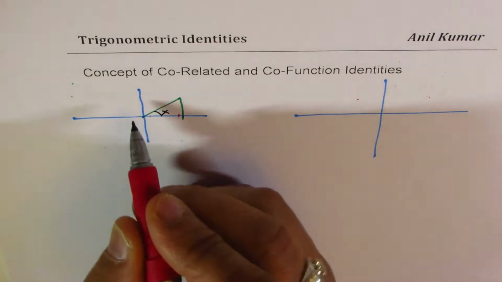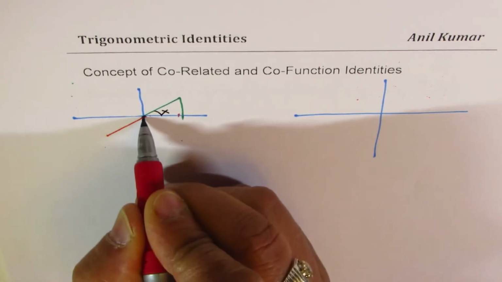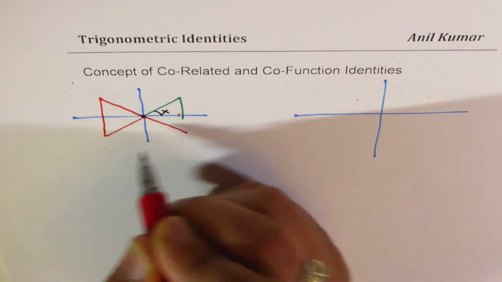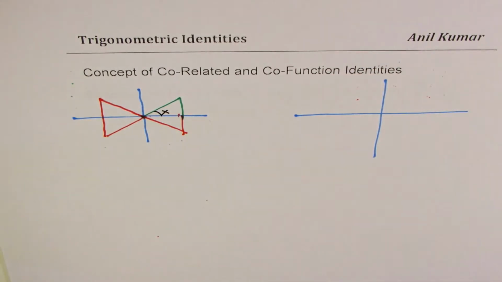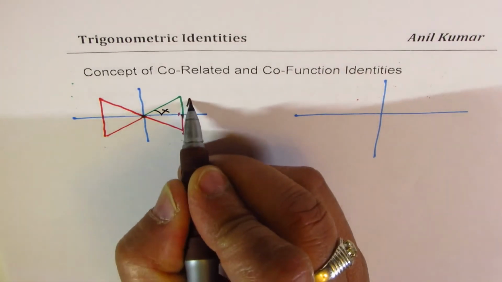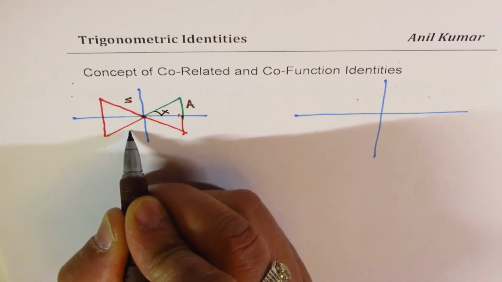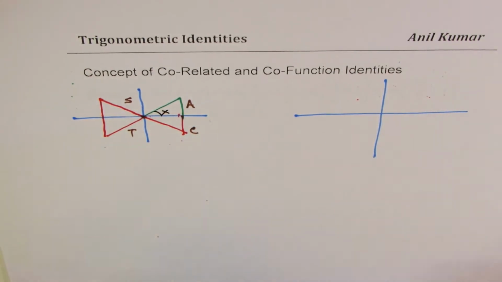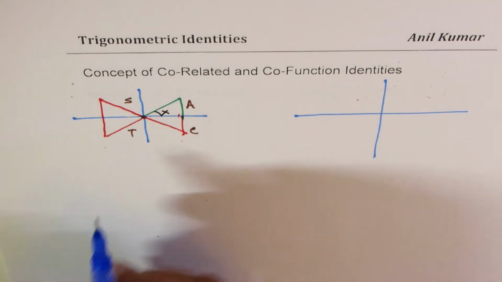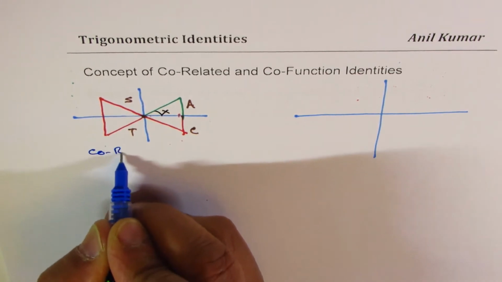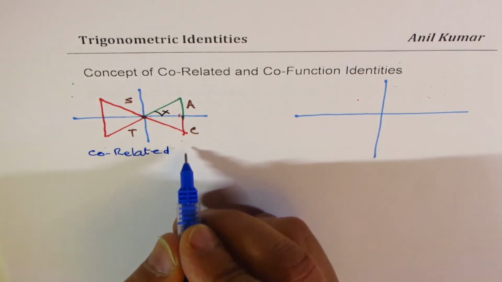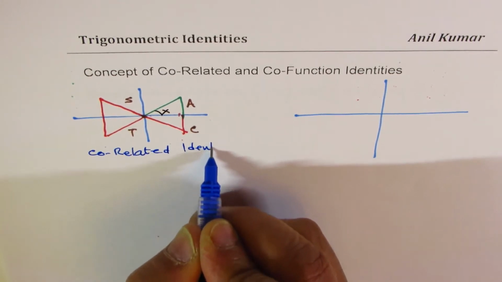We'll compare this triangle with the rotations. These are circular functions. We are looking for these rotations. And we know that here all are positive. Sine is positive, tan is positive, cos is positive. So these, we call them as correlated identities,